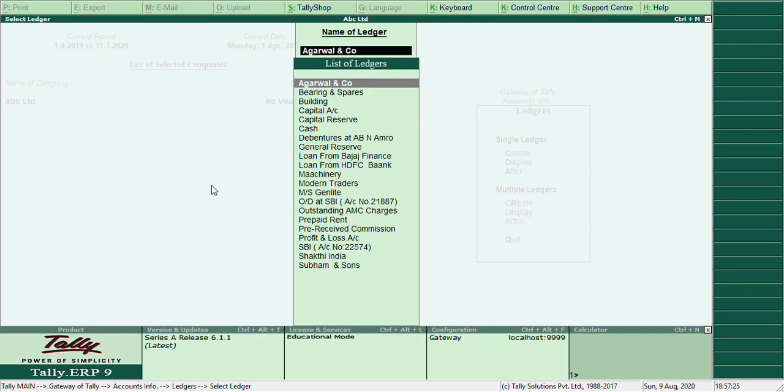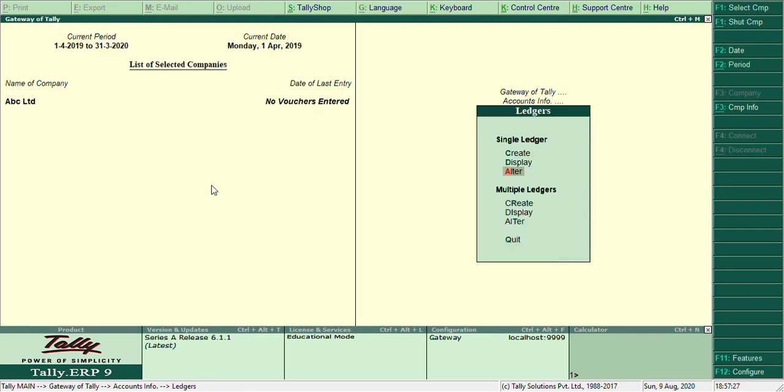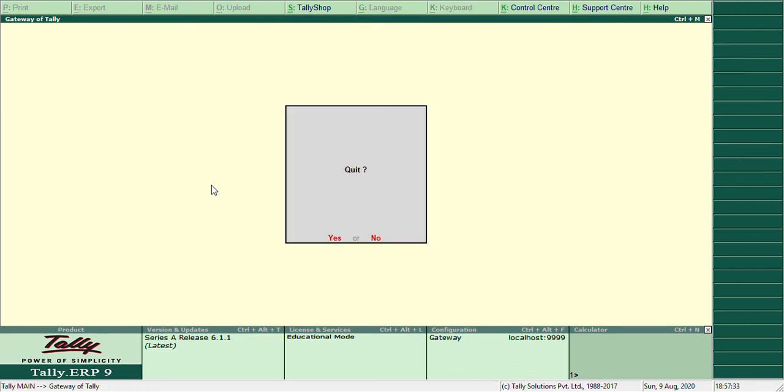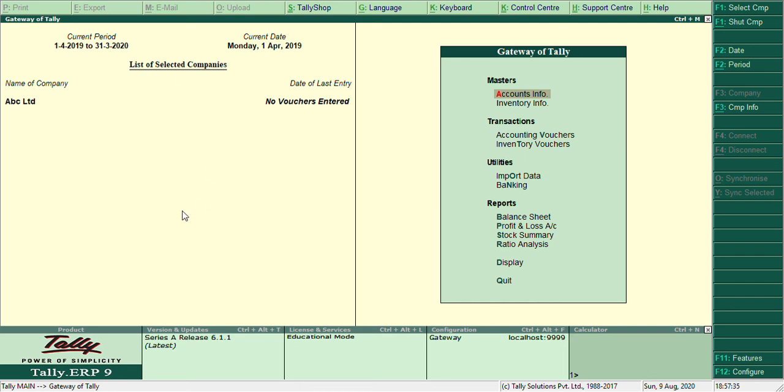So in today's class we have learned how to enter the ledger. Now how to take a report, where we can view certain reports according to the data we have given.